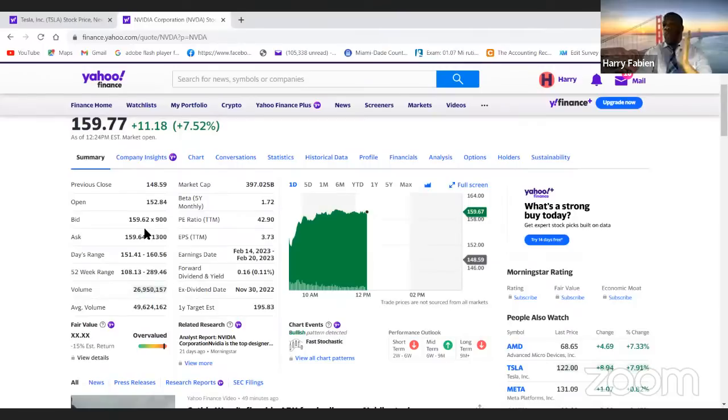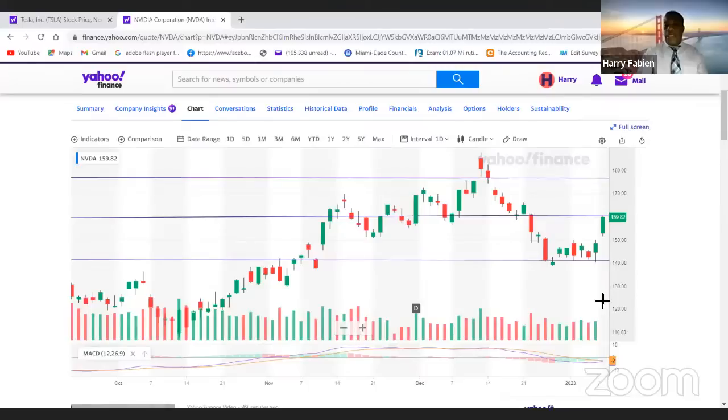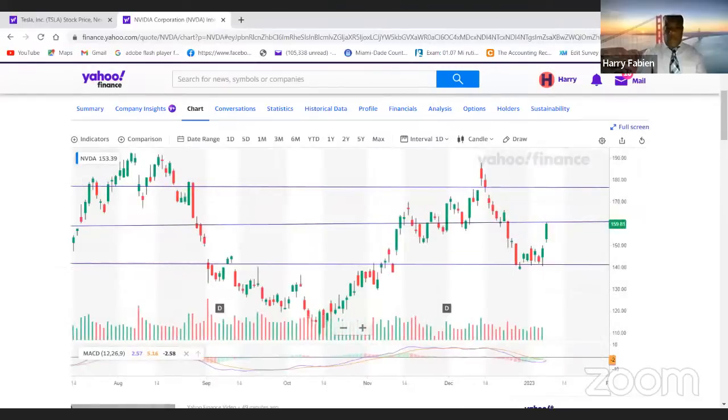But for people who traded today, when the stock opened, they could buy from there, because it opened at 152. Now it's 159, and the highest it can go is 160. What I mean by that, when I go to the chart,